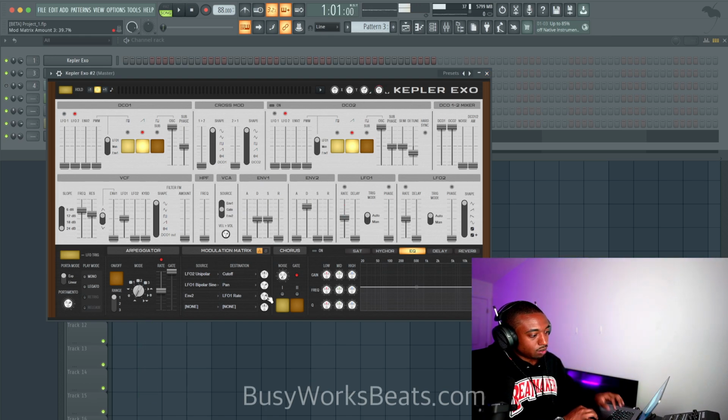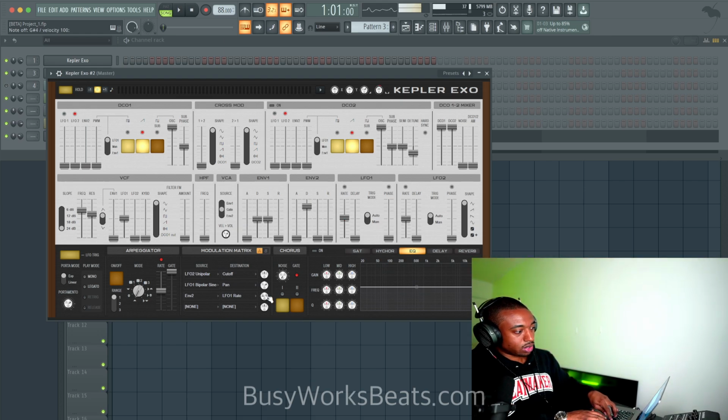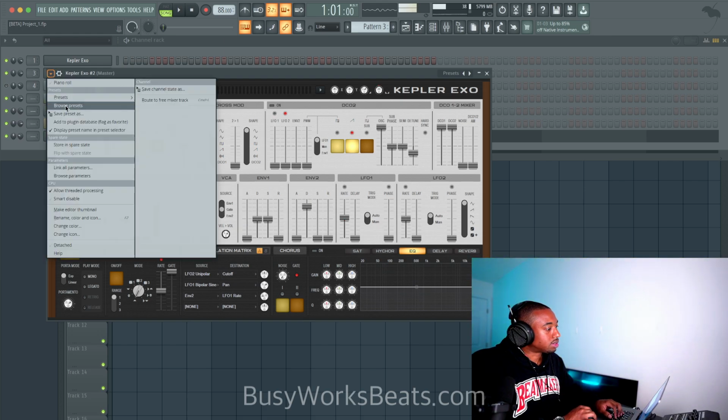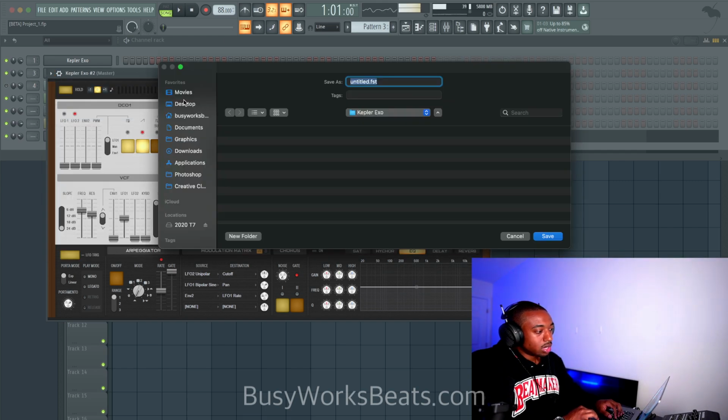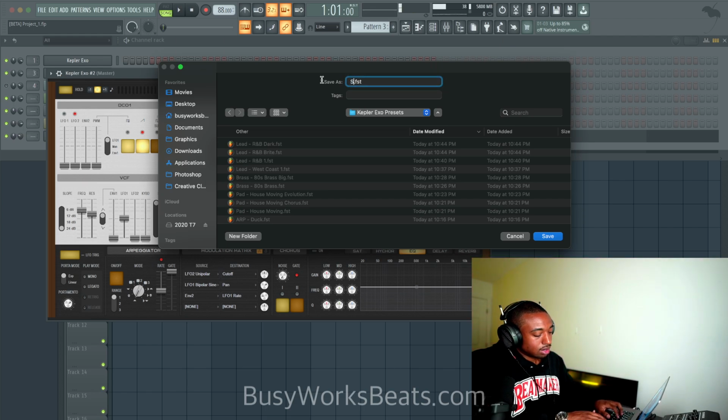So I'm deciding which, okay, so let's go the opposite way. I like it going the opposite way. That's a really unique sound. So let's save this right here. So that's what I would call a synth sound. It's just a very unique sound. Synth. Let's call that West Coast.